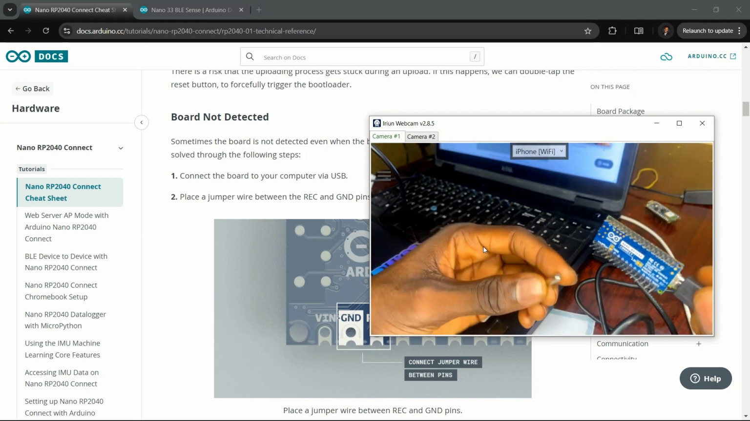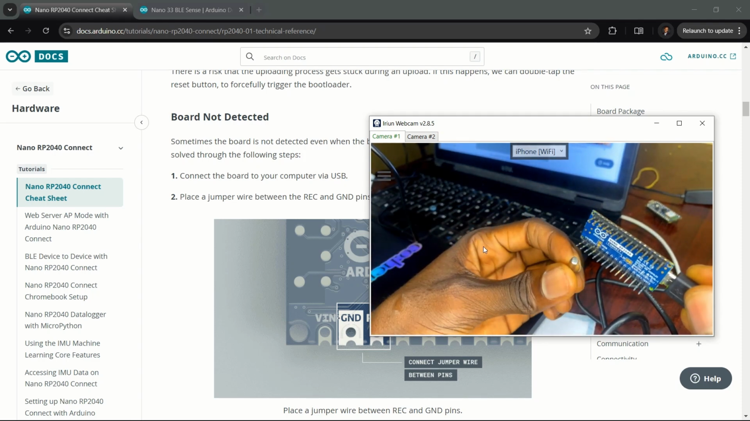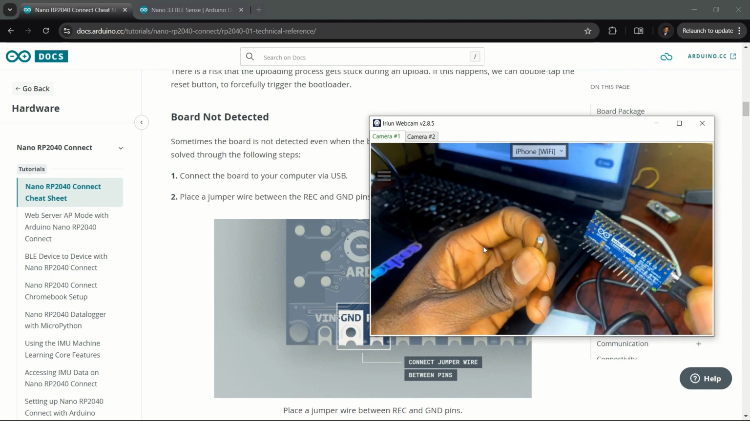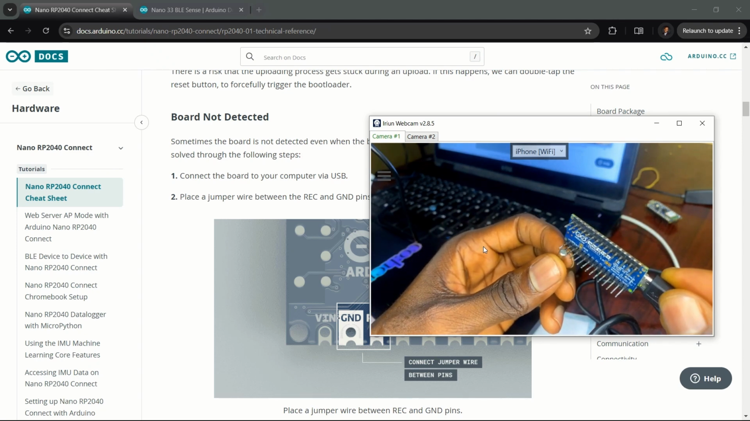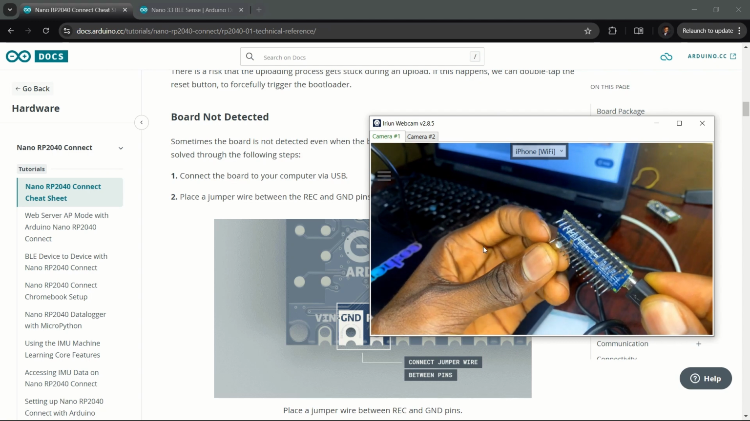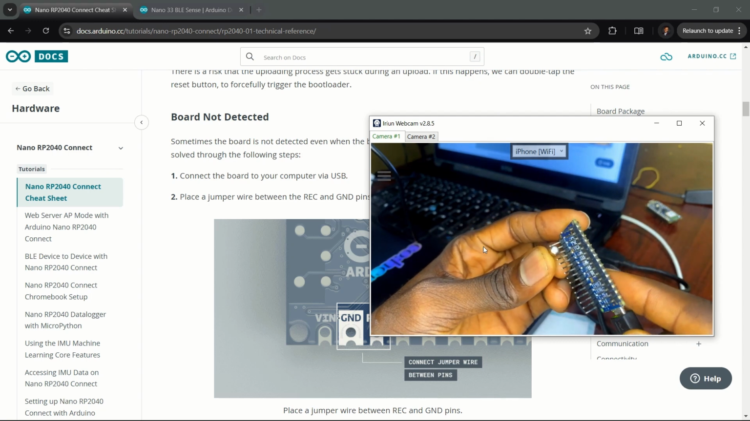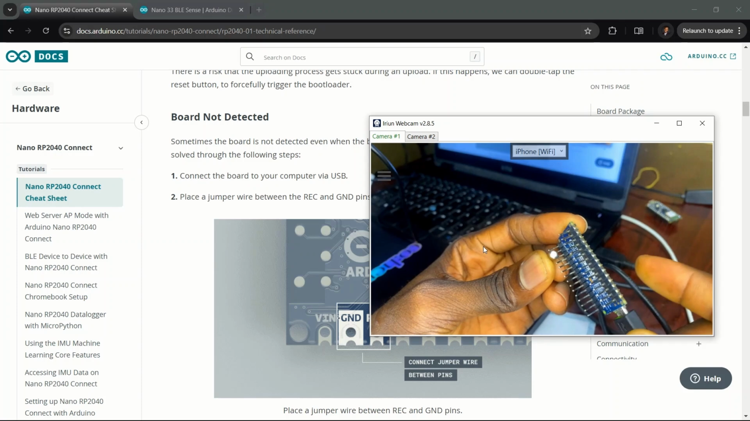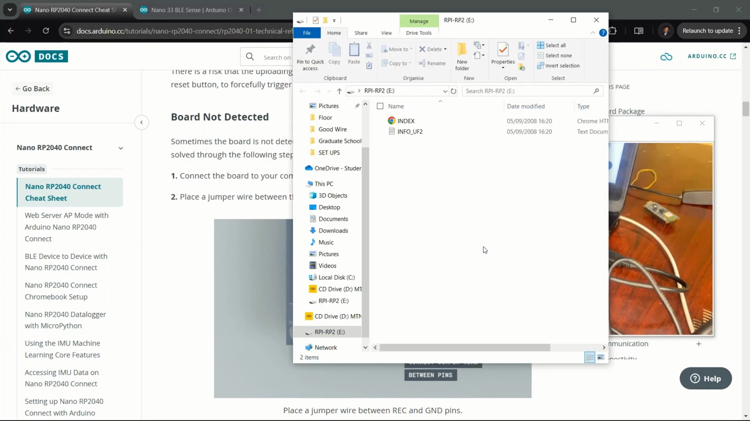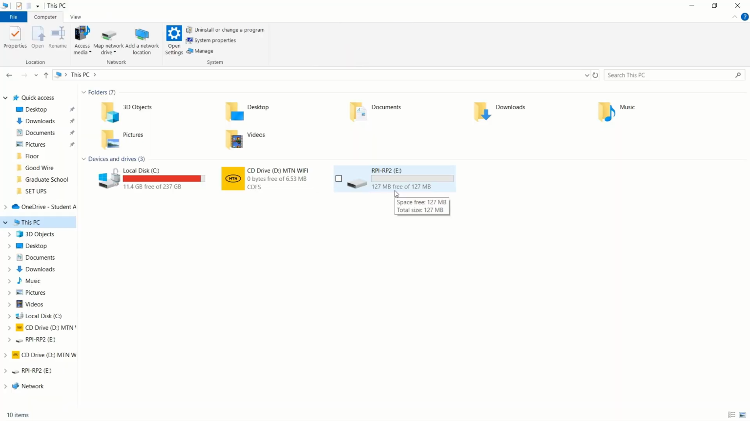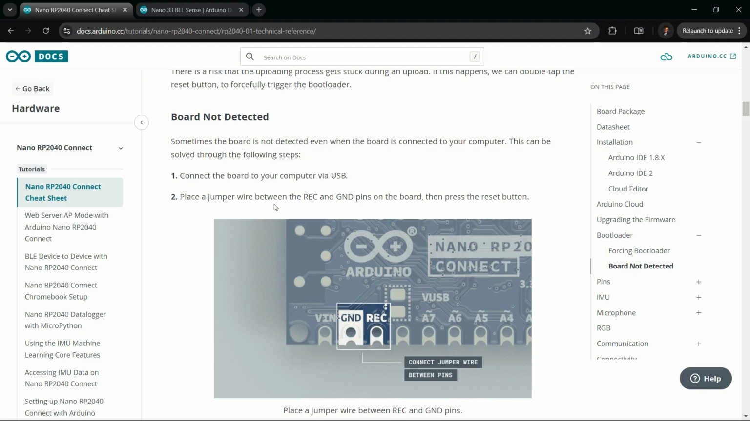So to be able to do that, what you need to do is to short these two pins. I'll just place a meter on this, short the two, and then press the reset button. So with that, it opens up, and if I go back to my file manager, you see that it shows RP2. So with that visible, you are halfway done with setting the board,